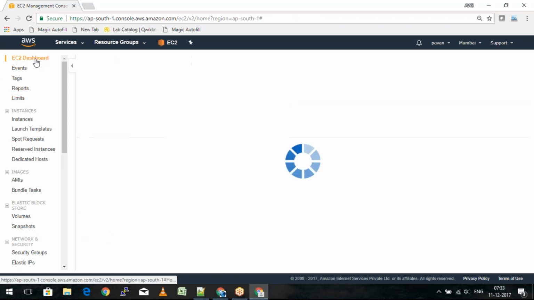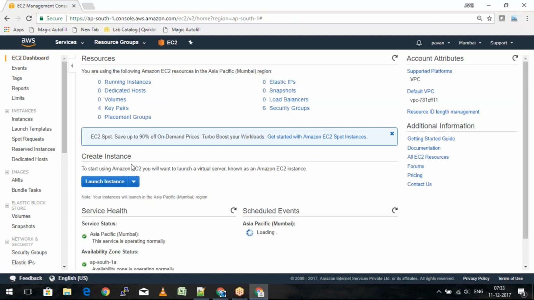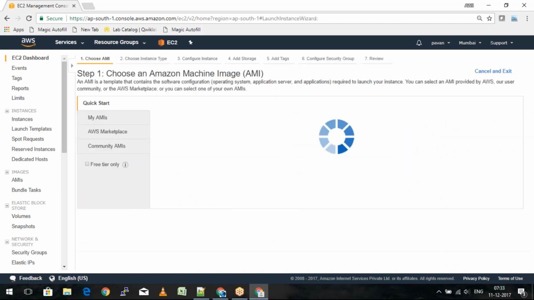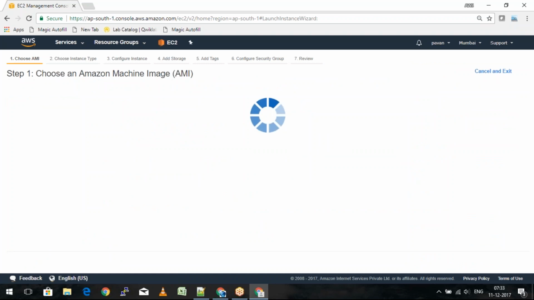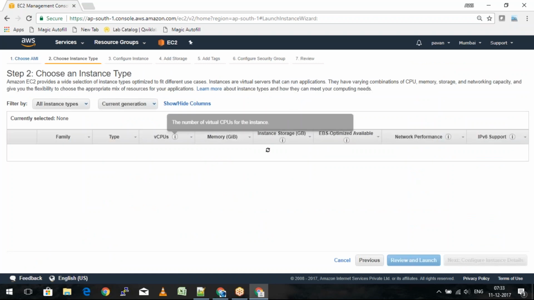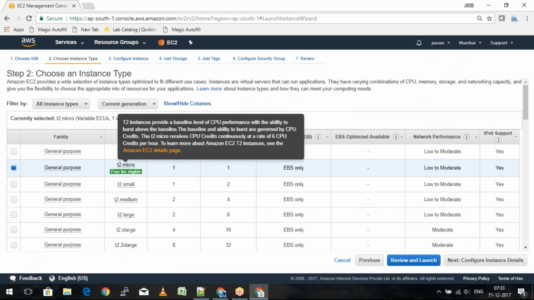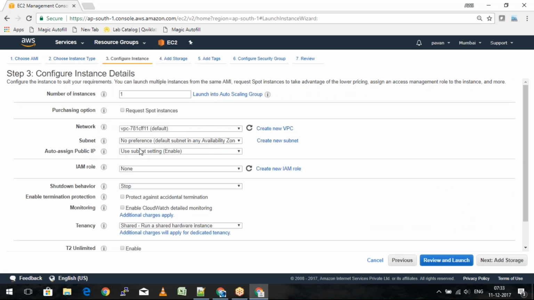Okay, so let's go down to the dashboard. Here, I'll quickly go ahead and launch an EC2 instance. As we were just discussing the steps, the first step is selecting the AMI, and the second step is selecting the family. As part of the free tier, we are only going to get T2 micro as free, and in this, we are going to select the network as default VPC, and subnet specifically we do not have a